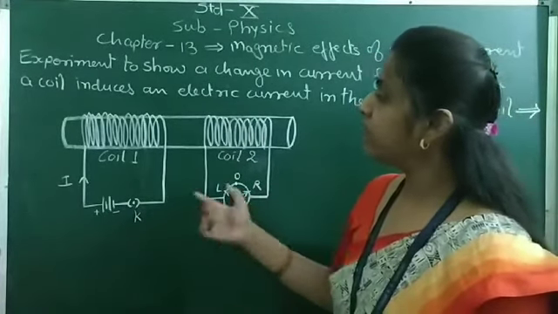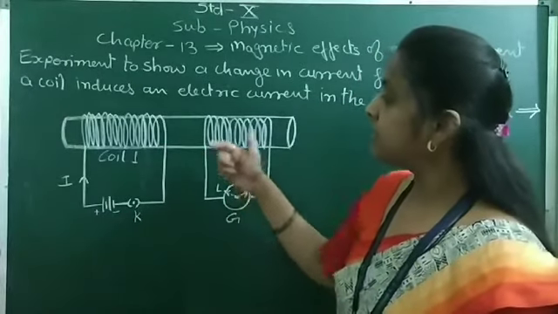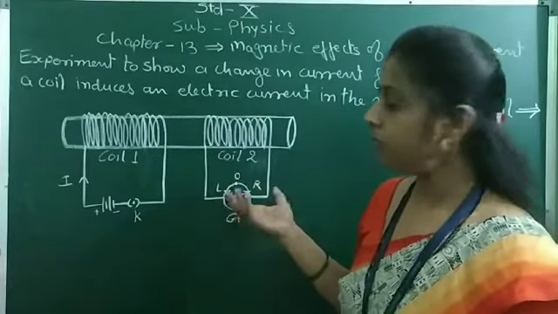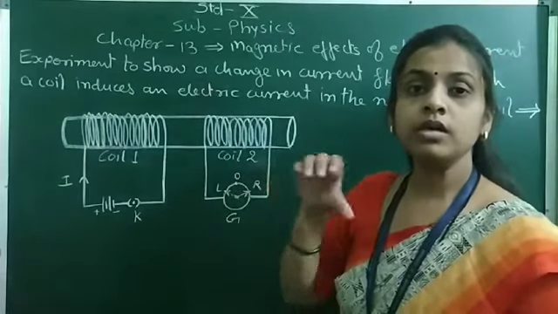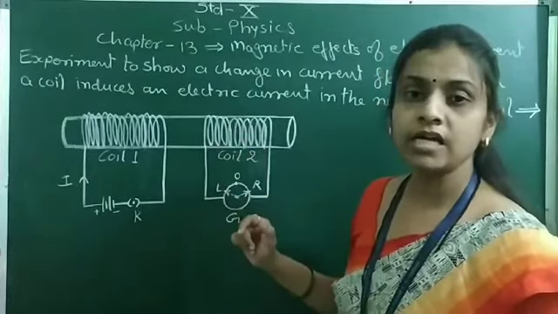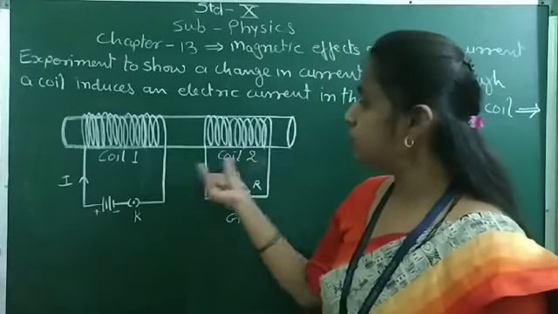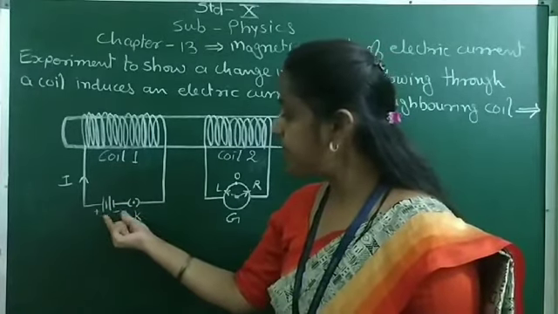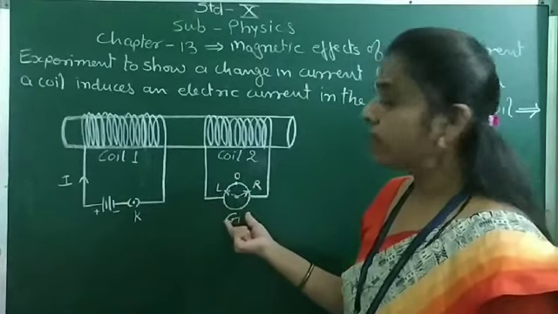For that, we have to take two coils having a large number of turns and insert both the coils on a non-conducting cylinder. For that, we can also use a thick paper roll. So on a thick paper roll, we insert these two coils having a large number of turns. This is coil 1 and this is coil 2. Coil 1 is connected in series with a battery and plug key, and coil 2 is connected to a